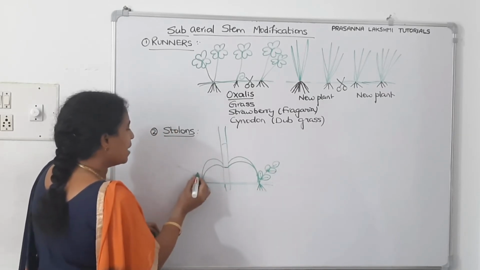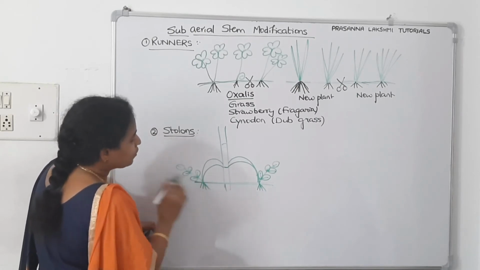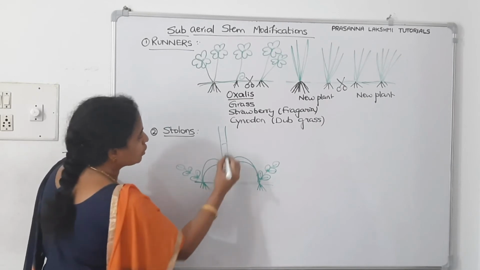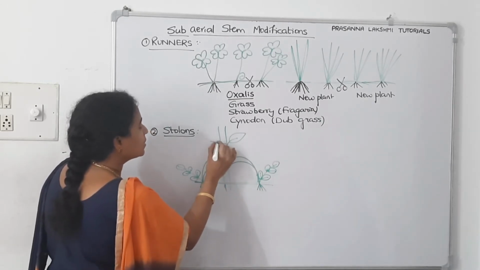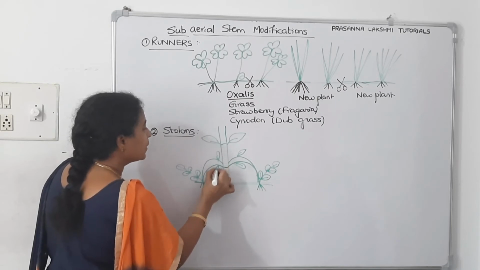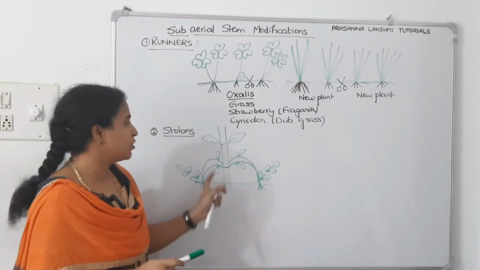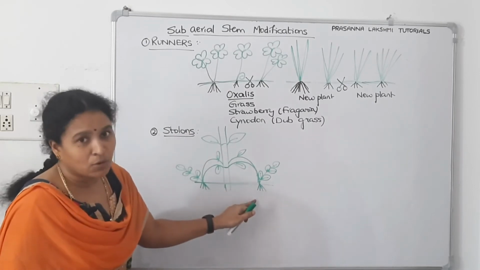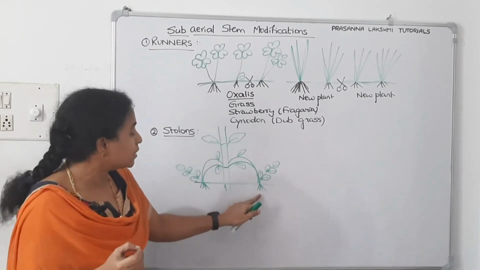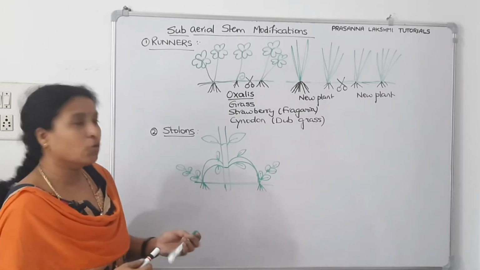So they are able to generate altogether a new plant. Now when you cut it, this is your new plant, this is your new plant, and here is the old plant. So what do you mean by stolon? It is an aerial stem only, but it's a weak stem, the younger stem, which is touching the soil, is bending down. The point where it is touching the soil, it makes its own branches and it spreads to new places. That is called stolons.